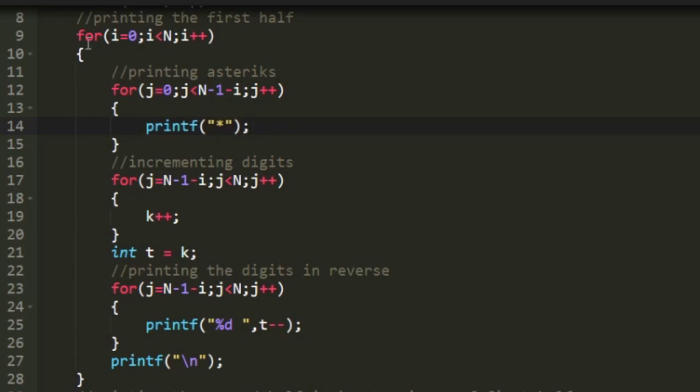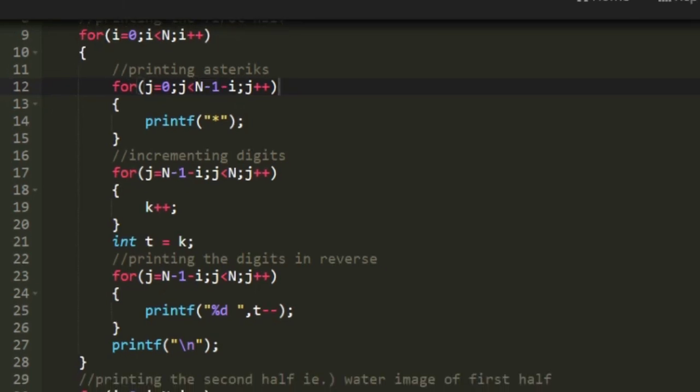So in every iteration of this loop we print the asterisks using another for loop. This loop iterates from 0 till n minus 1 minus i, because in every subsequent row the number of asterisks must be reduced. There will be one asterisk less than in the previous row, which is why we use n minus 1 minus i.